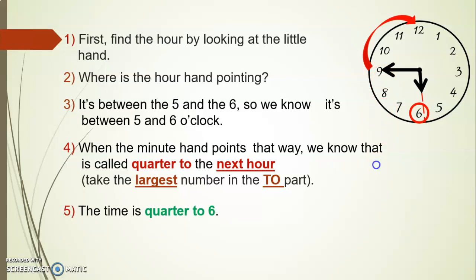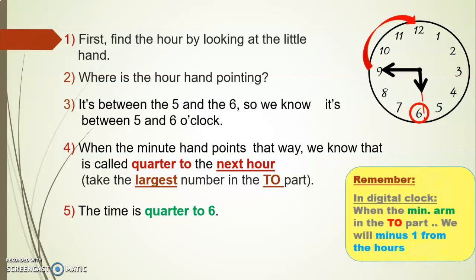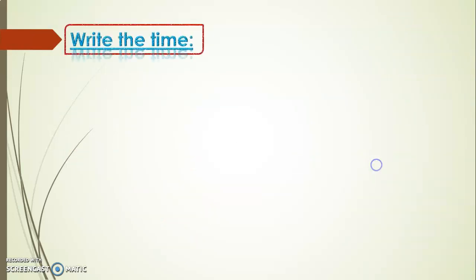We said when the minute arm is in the "to" part, we will minus 1 from the hours. So it will be 5:45. Write the time. Here in this clock, my short arm is pointing to 2 and my tall arm is pointing to 1. So my time is 2:05, and in digits we start with the hours, it will be